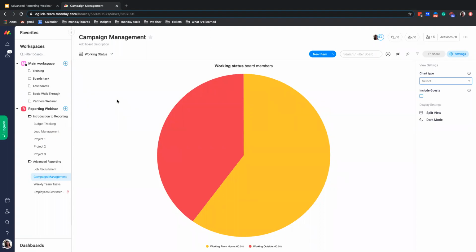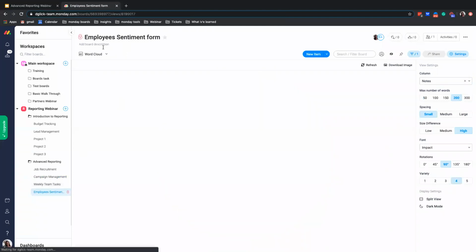To show you the next apps, we'll be using another board that contains the answers from an employee sentiment survey that was sent to the employees of my fictional organization using the form view. We can see it right here. It is a private board because